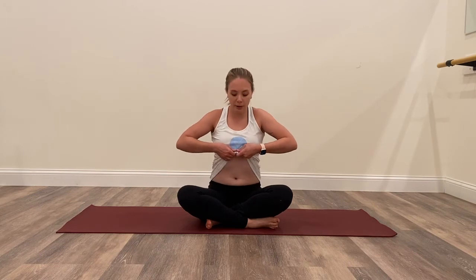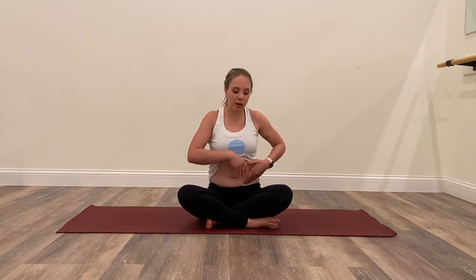So I'm just going to tuck my shirt up a little bit, and we're going to start with the belly massage on the left side of your belly. So I'm going to start with my fingers at my upper left abdomen, and I'm going to create some circles down my belly towards my left hip bone. So my circles have a moderate pressure to them, and I'm just thinking about circling and creating pressure down to